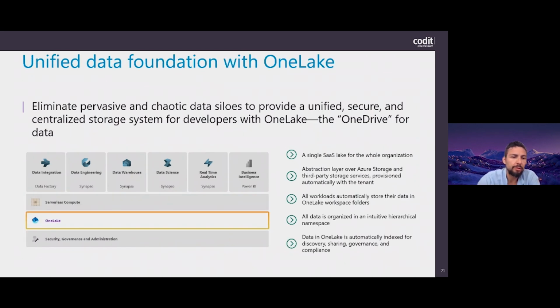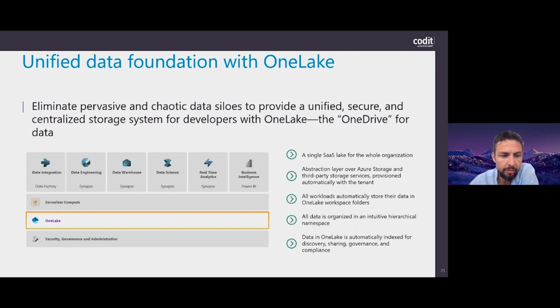Then this is the key feature. The OneLake is actually called the OneDrive for data. This is really where all of your data will be ending up. So no duplicates, nothing where you copy the data. There is only one OneLake, which is built on Azure storage account Gen 2, making sure that all of the 7 experiences are using the same data underneath. A little bit like you have OneDrive. OneDrive is also integrated into all of your Office 365 tools, so you don't need to copy one file to another to be able to access it, for example, from Word into PowerPoint or somewhere else. It's just there.